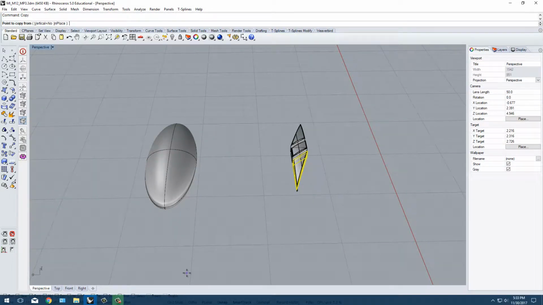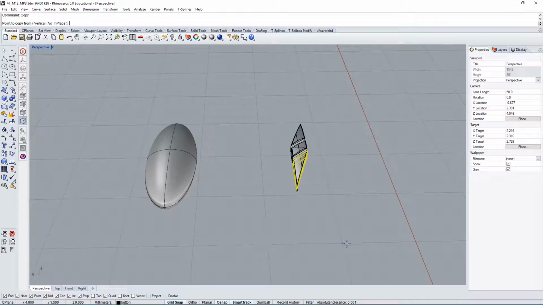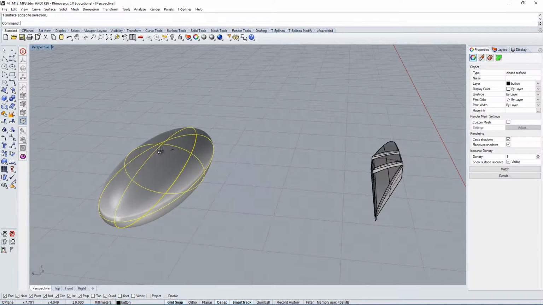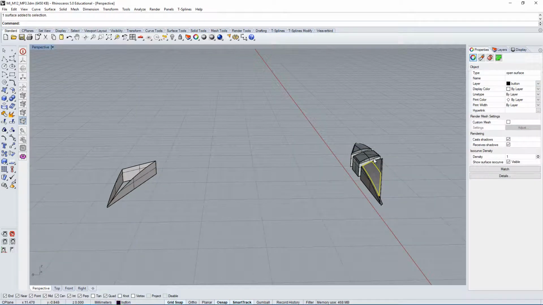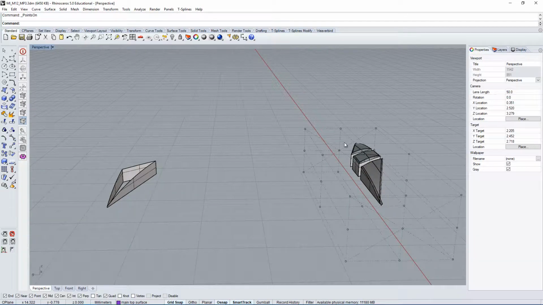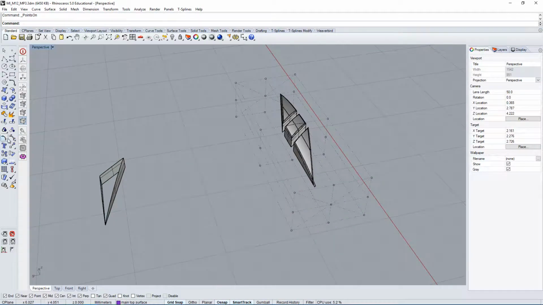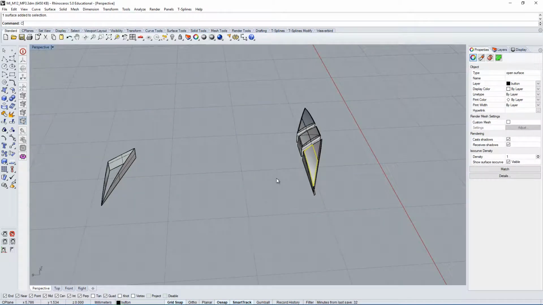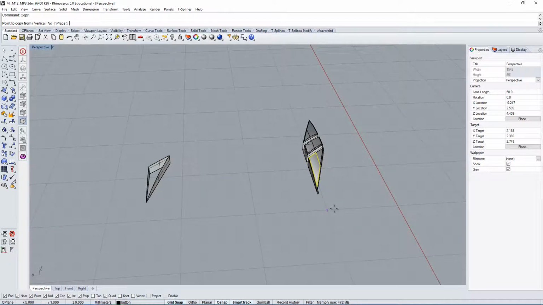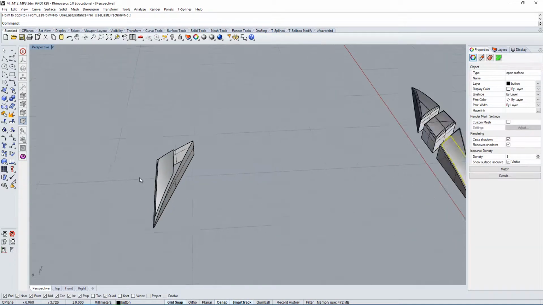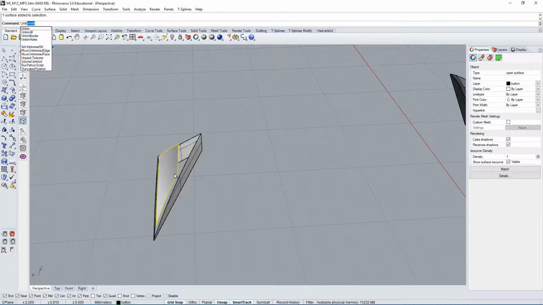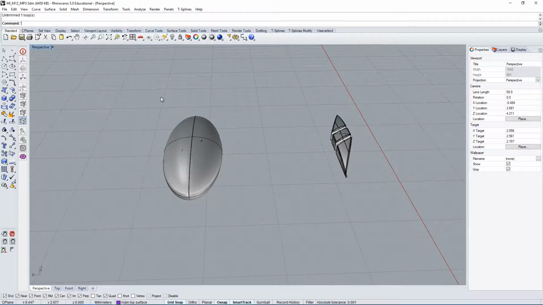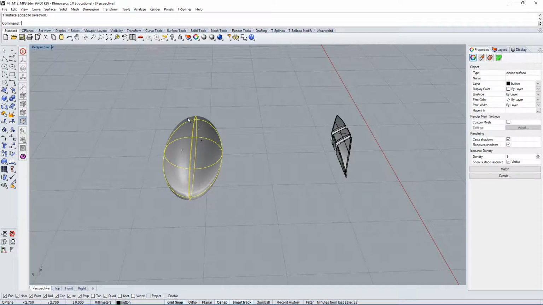And I'm going to use the grid snap, and we're going to move these surfaces up here. And if you're wondering how I got this surface, let me just show you how I did that. I just selected this surface here, which is essentially a sphere that's been distorted. I just scaled in different proportions. And so you can copy this surface here, move it, and if you untrim all, you'll get this surface.